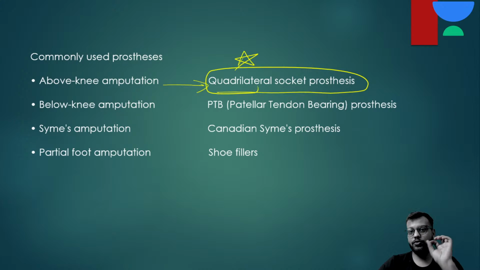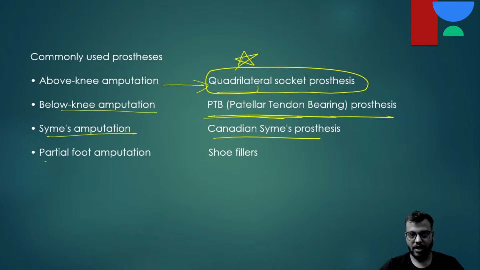What you use the quadrilateral socket prosthesis. In below knee you need the PTB, patellar tendon bearing prosthesis. साइंस एम्पुटेशन में कैनेडियन साइंस प्रोस्थेसिस, एंड पार्शियल फुट एम्पुटेशन में द शू फिलर्स. ओके, एंड हर एम्पुटेशन के